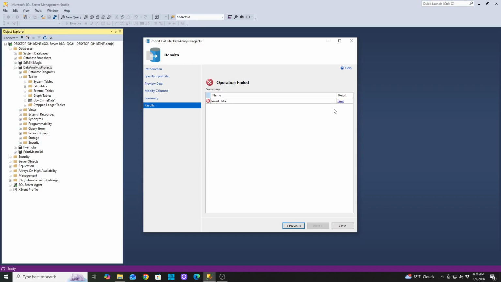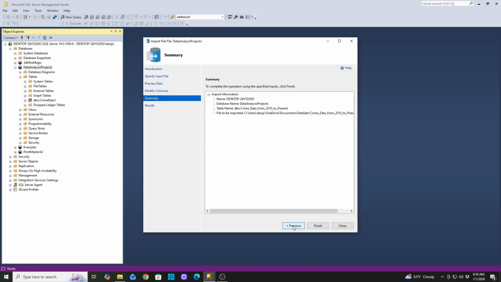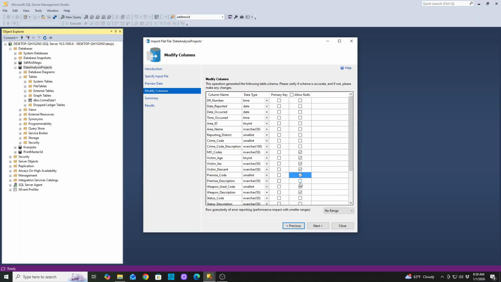Oh, now I got an error. All right, now what's going on? Oh, another field that doesn't allow nulls. You know what I'm going to do? I'm going to say, look, there's probably a lot of other null values here and there. So I'm going to allow nulls in everything, because my feeling is just get that data